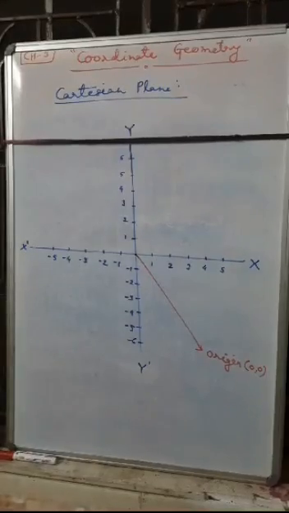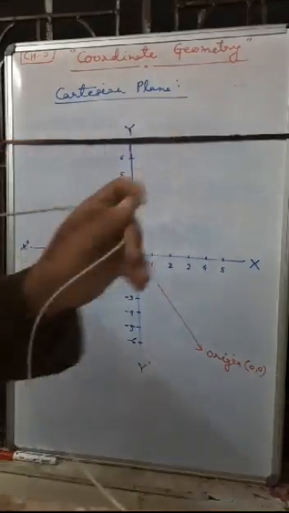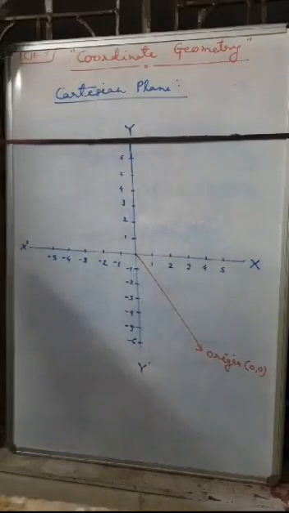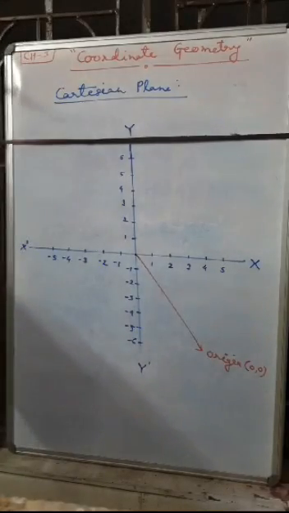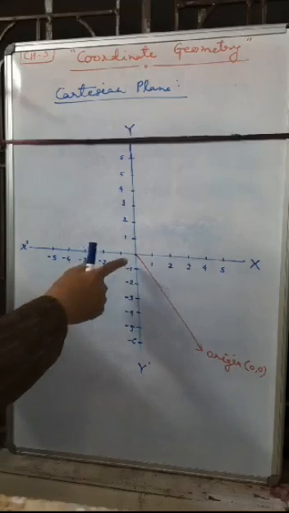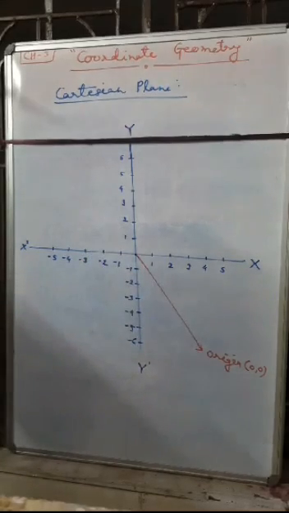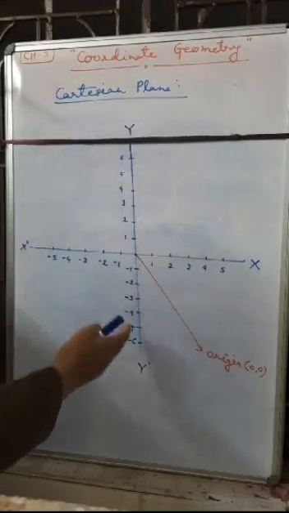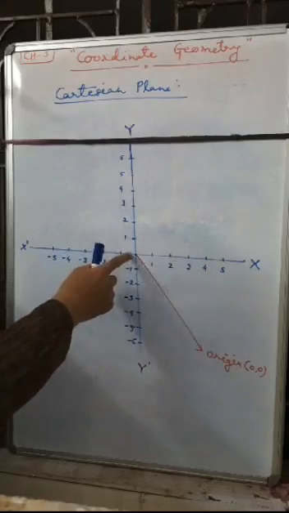Students, today we will learn chapter 3, coordinate geometry. In previous classes we have studied coordinate geometry. You are looking on the screen at a Cartesian plane. A Cartesian plane is where two axes coincide at the point called the origin. Origin means the place where the two axes intersect each other.